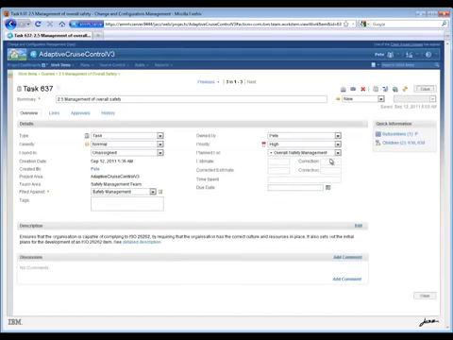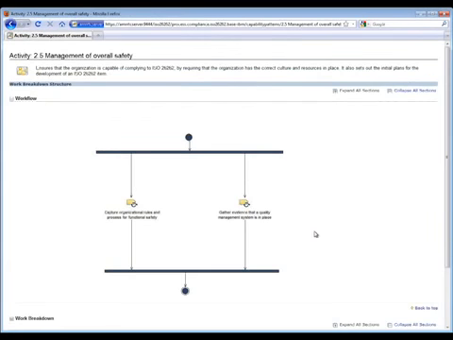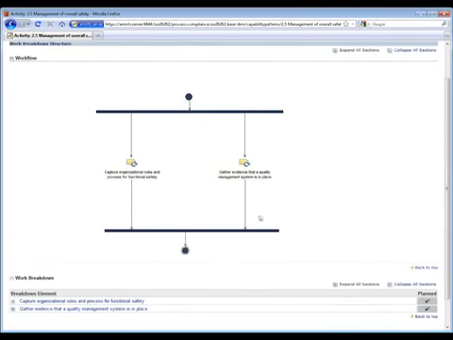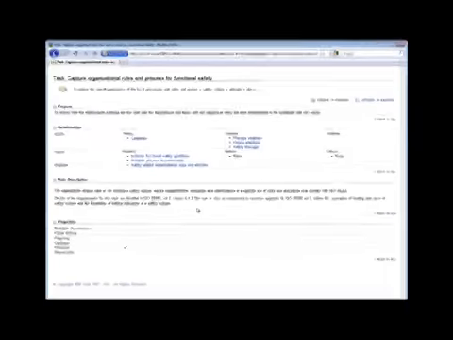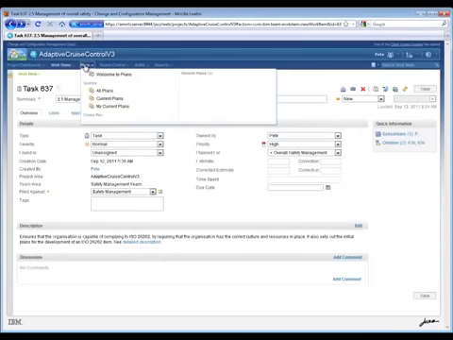Okay. The other thing that we can see is we have a link here. If we click on this detailed description, this takes us through to the process content that was previously developed along with the various tasks from that process content. Because of the way that our plans have been set up and are related to the various teams,